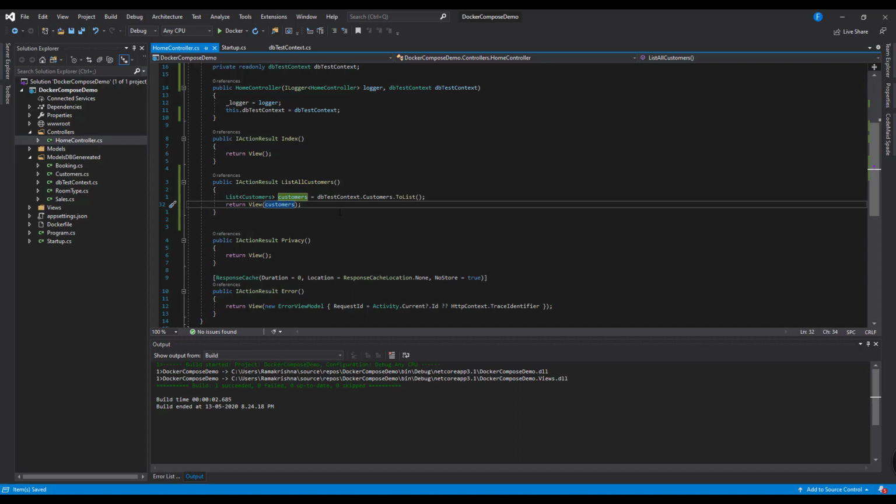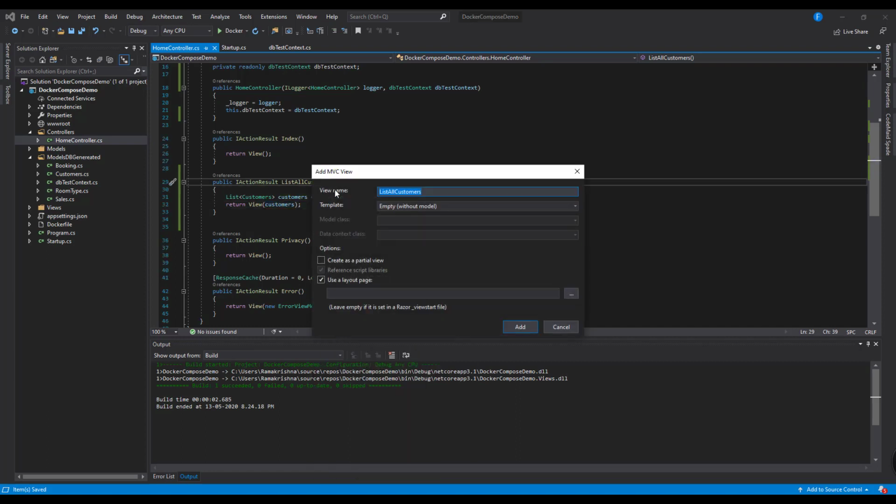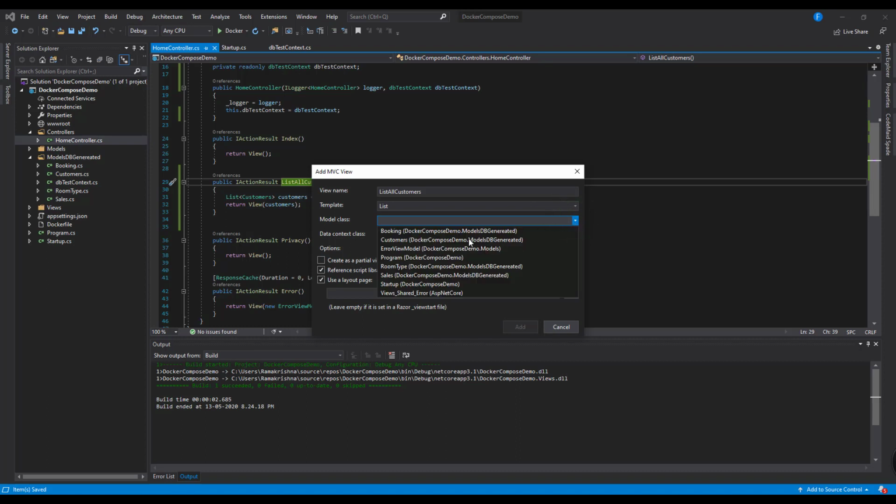Now we want to create a view for this. The quick way to create a view along with the model: select the List template. For the model class, select Customer. If you're wondering where we got this model, using the scaffold command we generated it and stored it in the Models db generated folder.